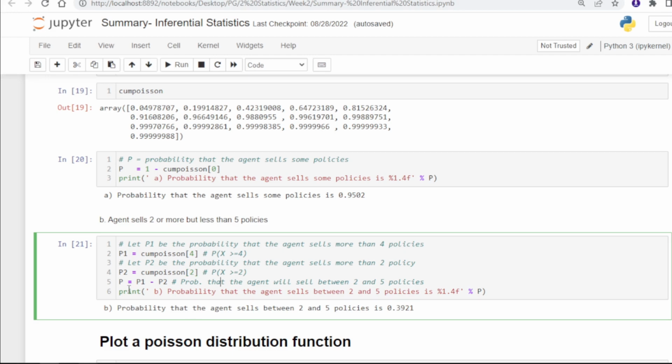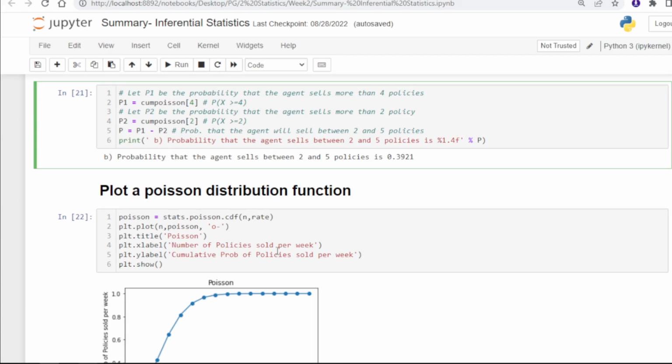If we get P1 minus P2, it will return the probability that the agent will sell between 2 and 5, because here we have given a minimum of 2 and a maximum of 5. All right, so the probability that the agent sells between 2 and 5 policies will be